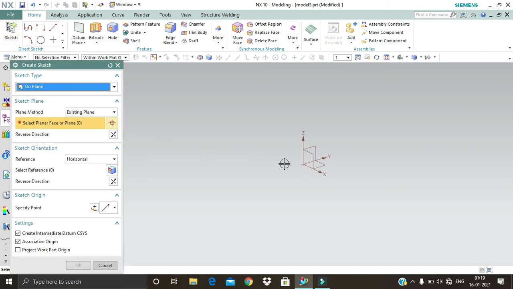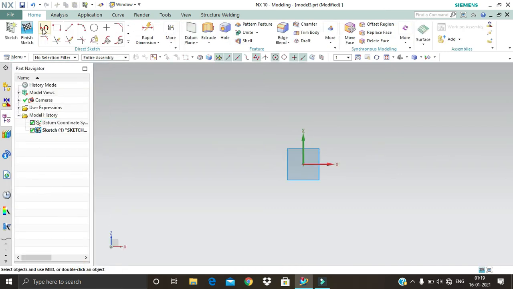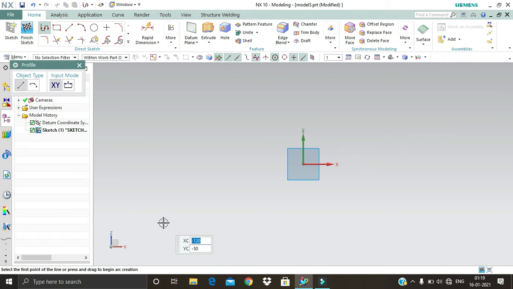Now select the plane or face of plane. Click on this XZ plane and make it okay from here. Now what we have to do is to create a 2D profile. So from here, go on profile command. Taking this as a first point, let's create a